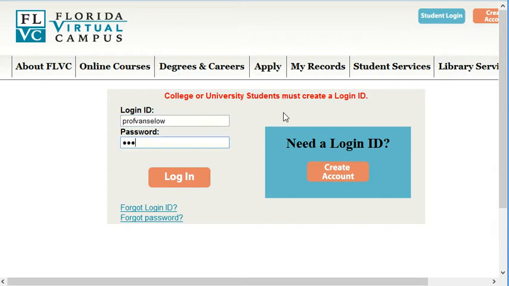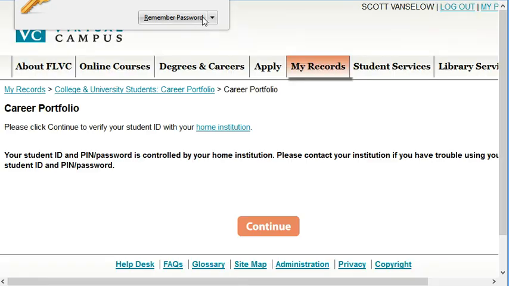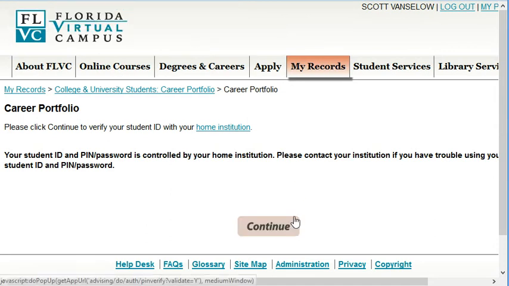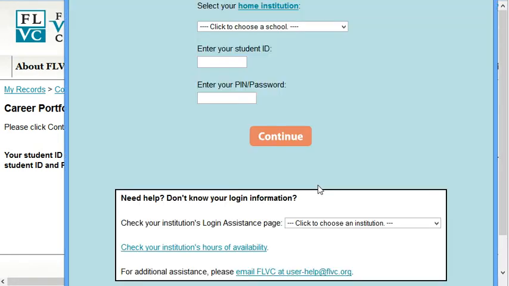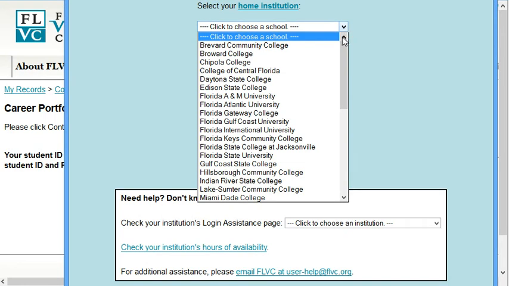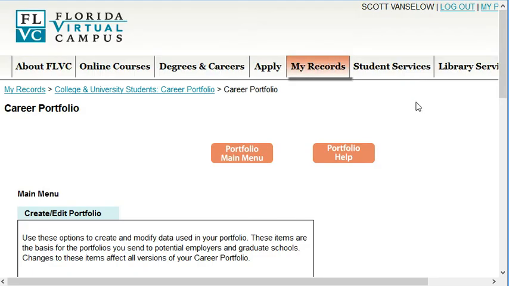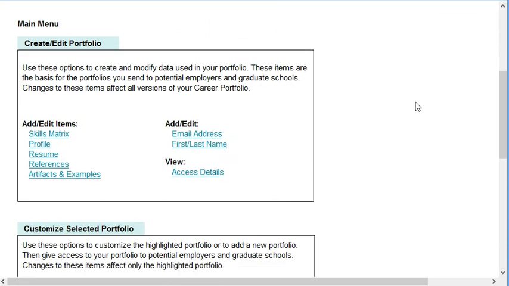This is your login information for this website, FLVC, formerly called fax.org. And before you can create your career portfolio, you have to verify. All right, this is where you choose Edison and you put in your portal username and password. It has to be your portal username and password. If you have any trouble with this step, you contact the help desk. But as long as you put in your portal user ID and password, you should be able to get in